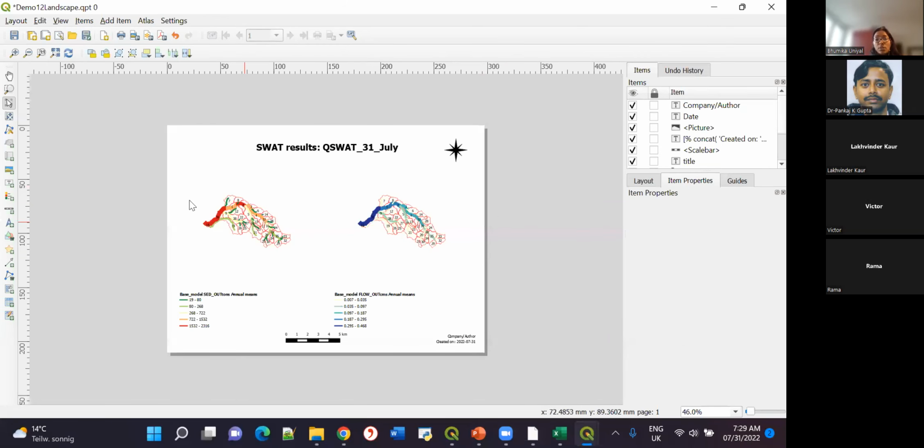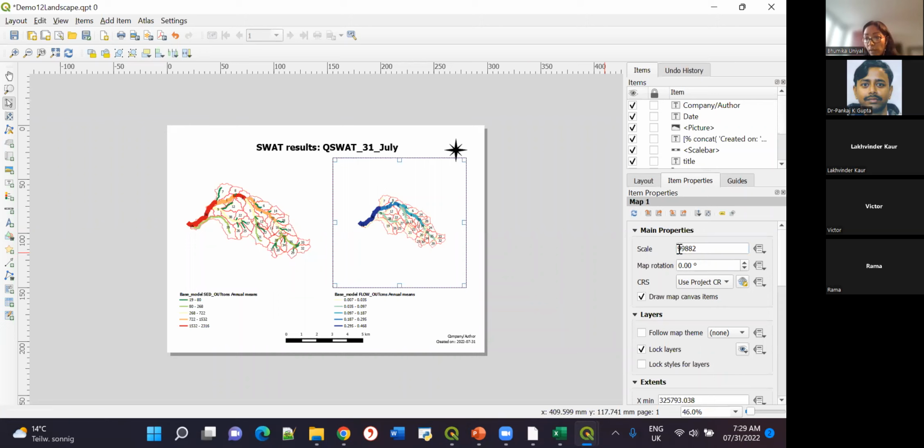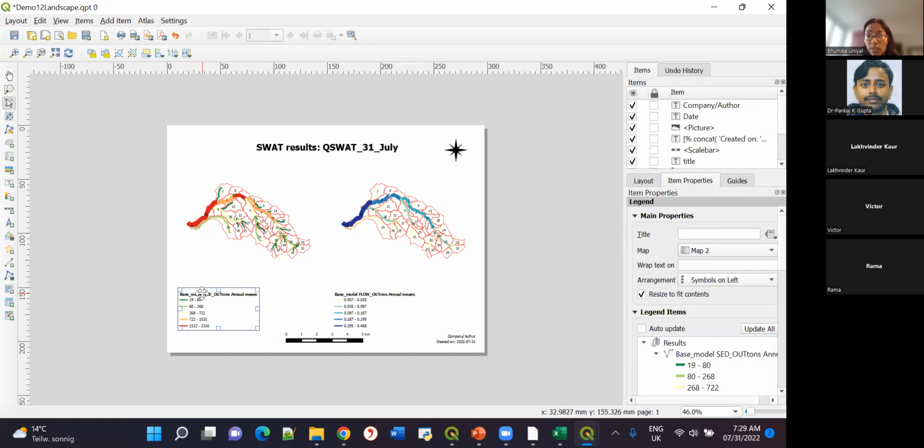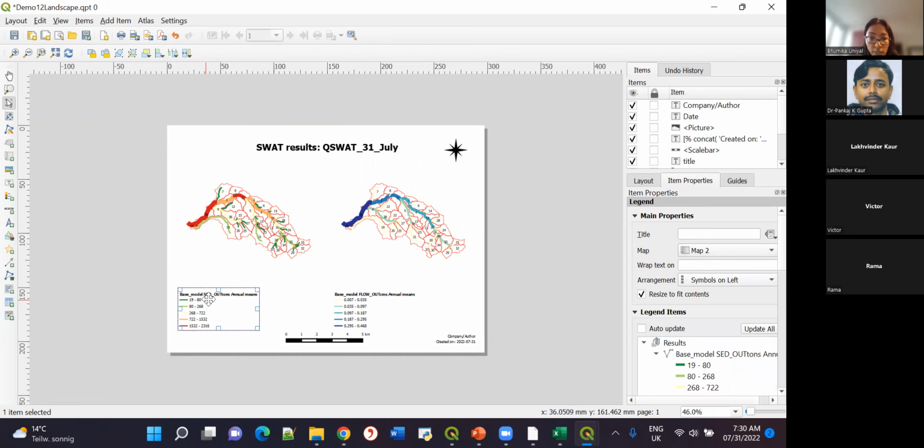So here you could see that we have our map printed. Then we could do a lot more to modify or to beautify these maps. And if we wanted to change anything here, say for instance, if I wanted to change the name of this,